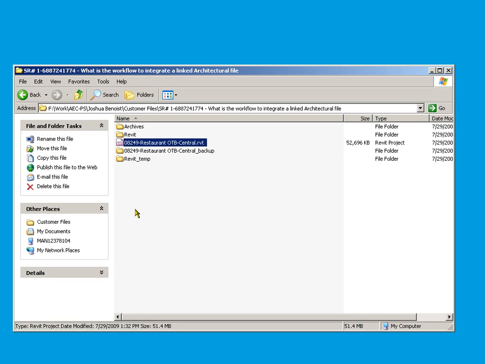So this is a good process to do whether you're receiving an architect's file or you've received a structural model. Anytime you get a central file from another source, another discipline, you should probably go through this process. What you've really got is a local file from them. You need to turn it into a central. And next video,